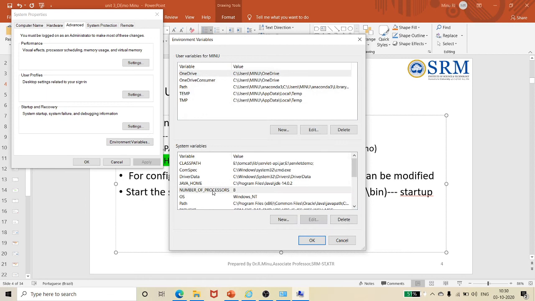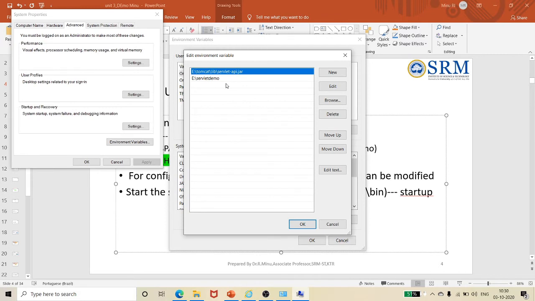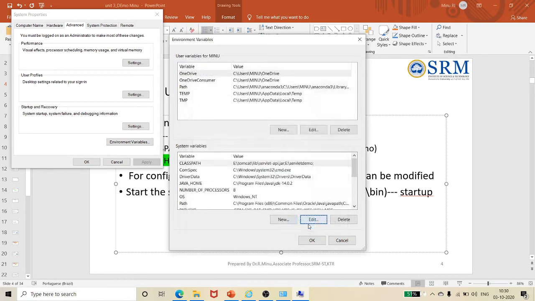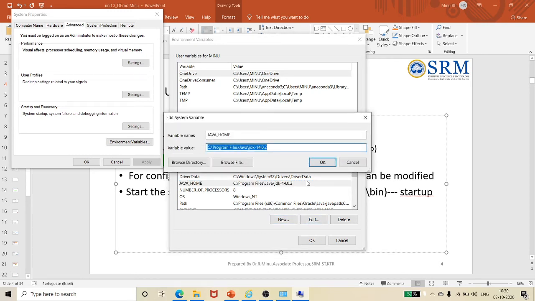The next environmental variable is class path. All capitals. I have added two things: one is where my Java programs which I am going to execute are, and the other is for the requirement of my server. So both class paths I have added. The other one is Java home. This is also a requirement for your Java server. For Java home, you have to specify the path where your JDK files are. Don't go until bin; stop at where your JDK folder is, that is enough.